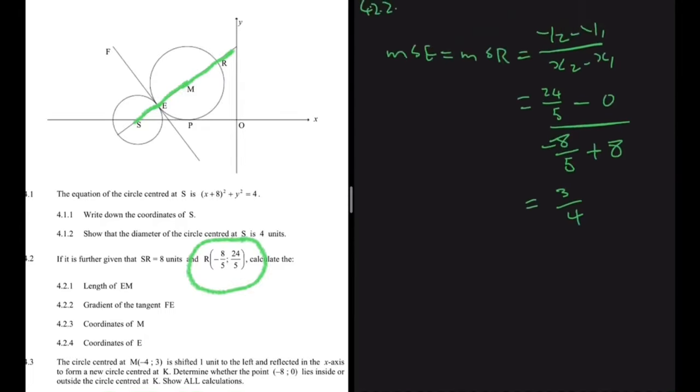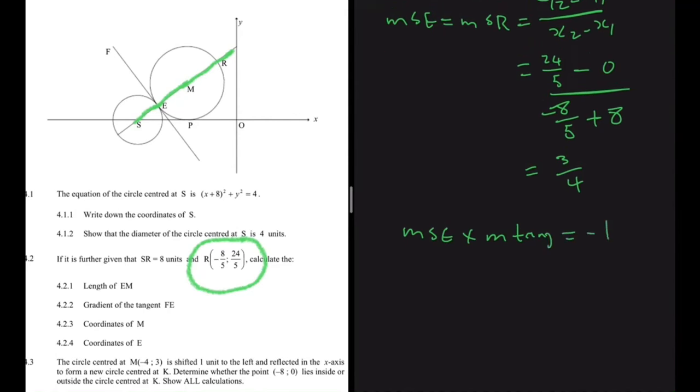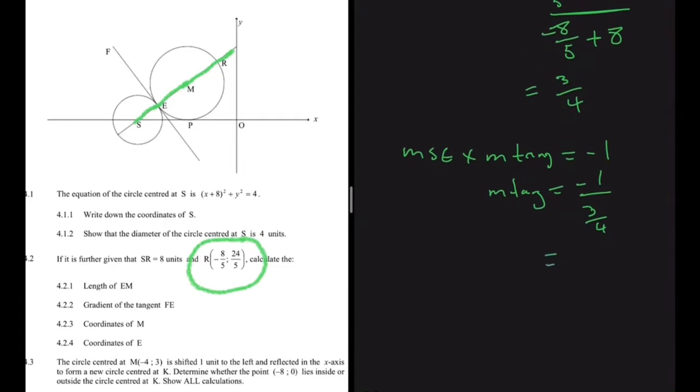But we know that M of SE multiplied by the gradient of the tangent should give you -1 by definition. So the gradient of the tangent will be equal to -1 divided by 3 divided by 4. So that will be equal to -1 multiplied by 4 divided by 3, that is -4 divided by 3. So the gradient of the tangent is -4 divided by 3. And now we can do